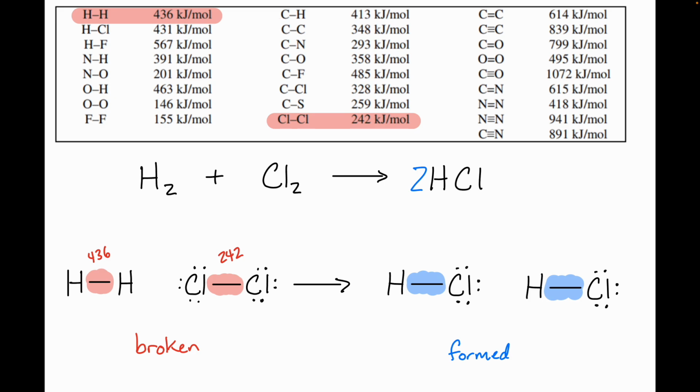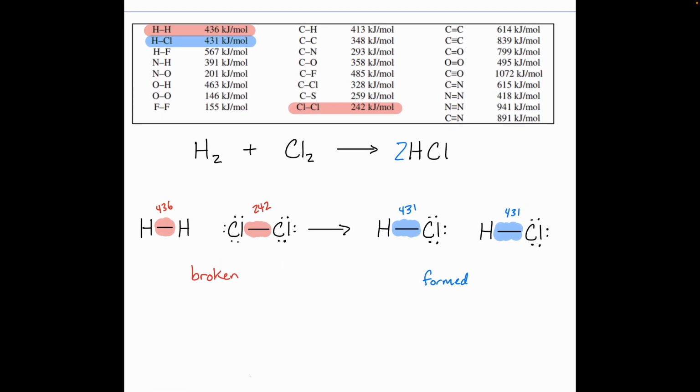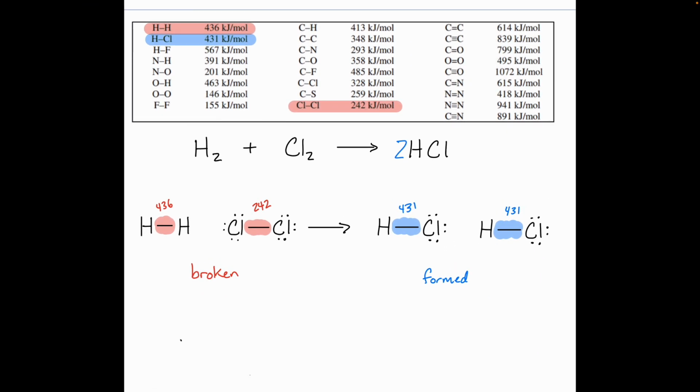But when my new bonds are formed, I'm going to get a bunch of energy released. I'm going to get 2 of those HCl bonds formed. So this one's going to release 431 kilojoules. This one's going to release 431 kilojoules. All right. So then to calculate the delta H of this reaction,